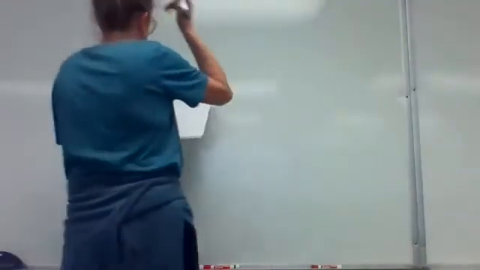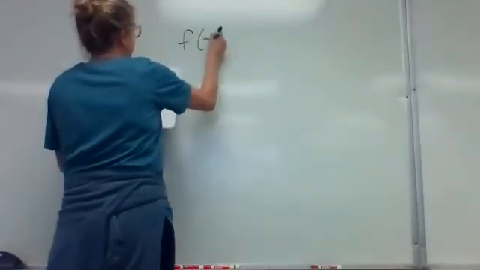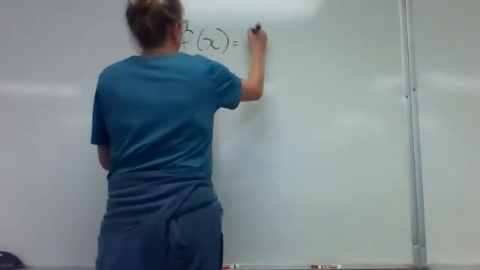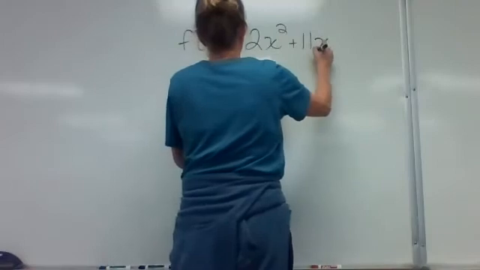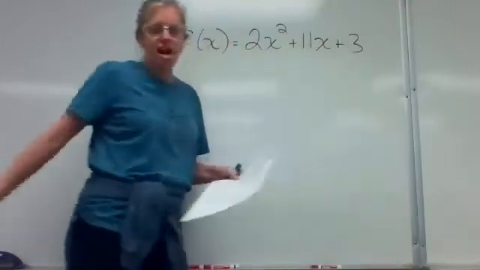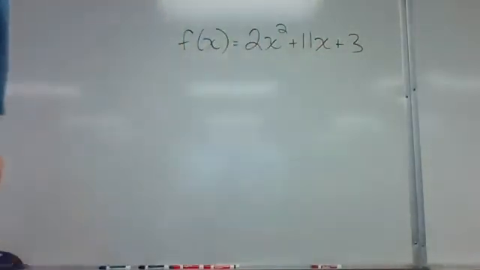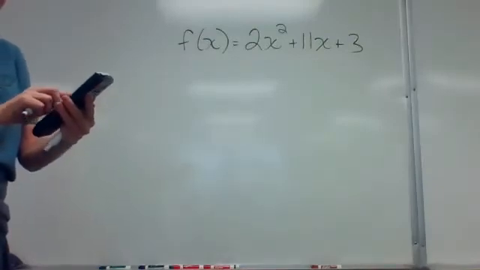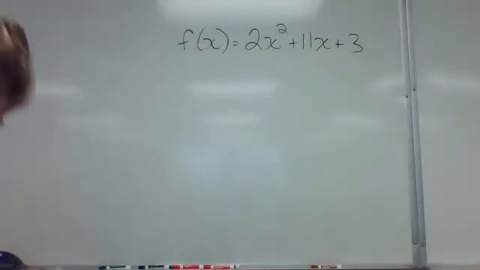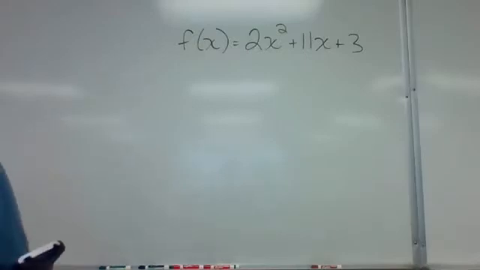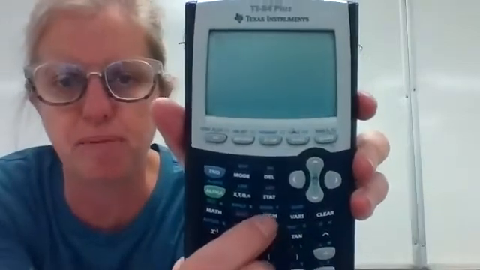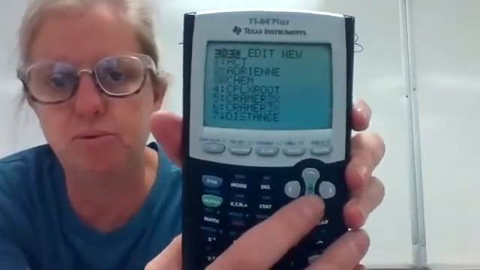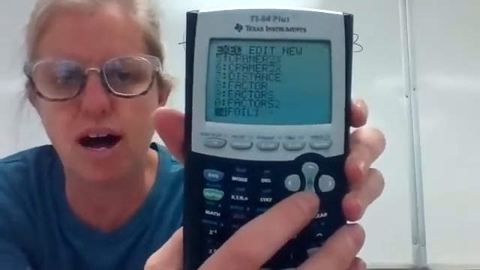All right, number 13, finding the zeros. You've got f of x equals 2x squared plus 11x plus 3. I'm finding zeros of a quad function. That just means, and I'm going to do it both ways for those that still don't have the quad function in their calculator. But if you do, you just go into the program button. I'm pretty much getting some free points. Go down to quad,